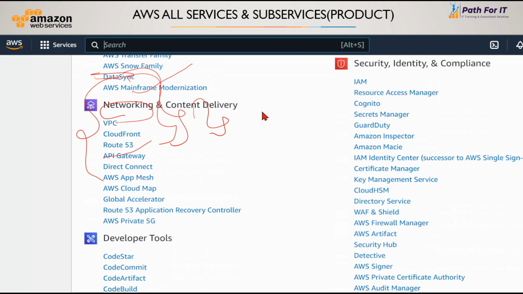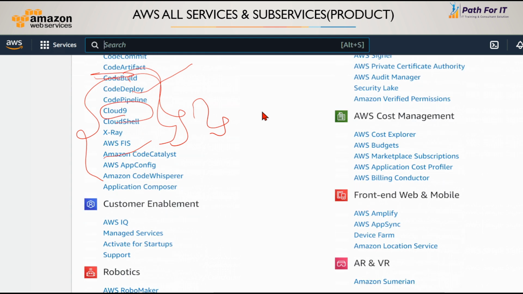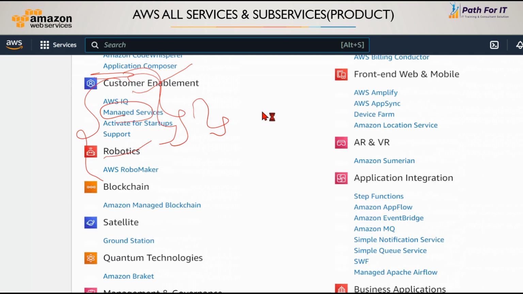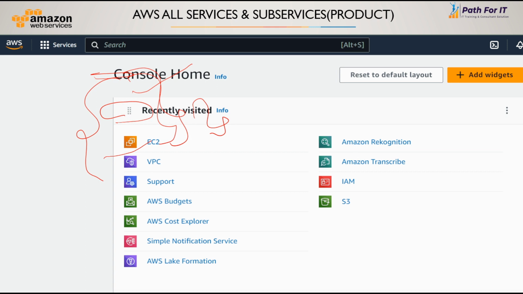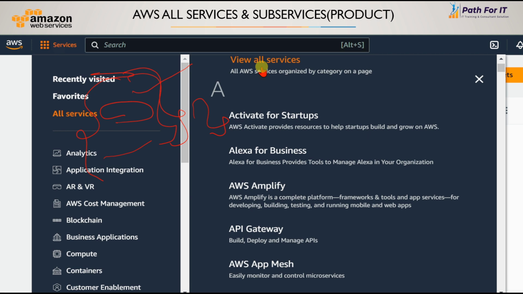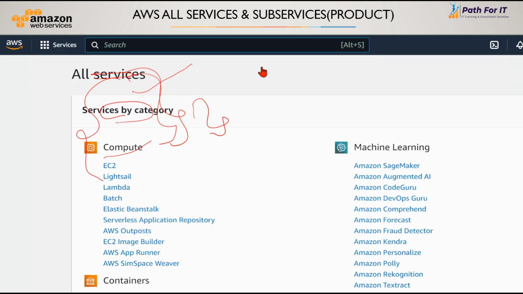These are all the major services we have in AWS, including AWS cost management, customer enablement, robotics, blockchain, front-end web and mobile, AR/VR, application integration, quantum technology, satellites, management and governance, business applications, end user computing, Internet of Things, media services, and game development. These are all the services and sub-services we are able to access under AWS. As you can see, we can list the same services, including their sub-services or products themselves.